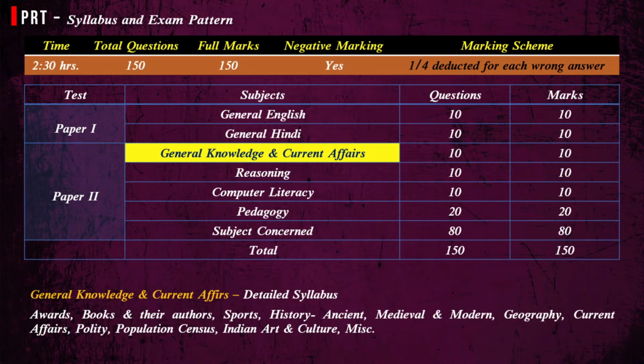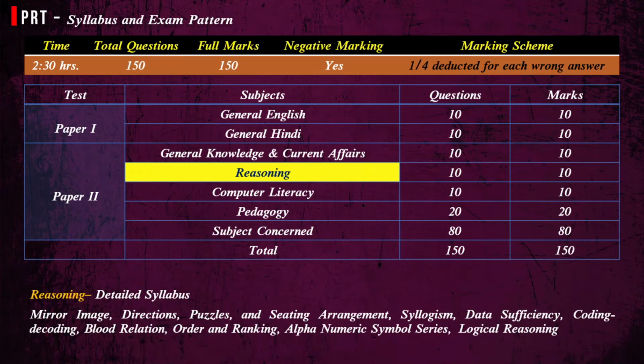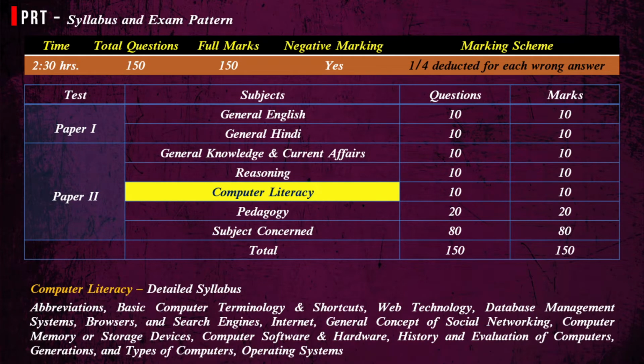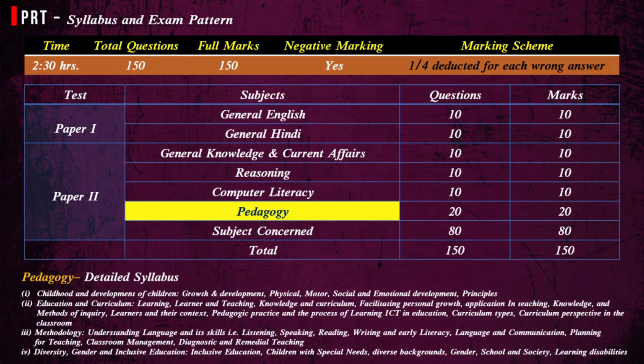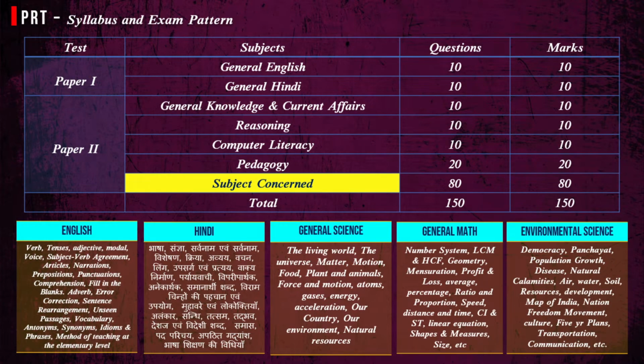In paper 2, you need to have knowledge of general knowledge and current affairs, then reasoning ability and computer literacy. Each part contains 10 questions with 10 marks. In paper 2 pedagogy part, there will be 20 questions with 20 marks. Finally, in paper 2, you have to solve your subject concern, that is English, Hindi, General Science, General Math and